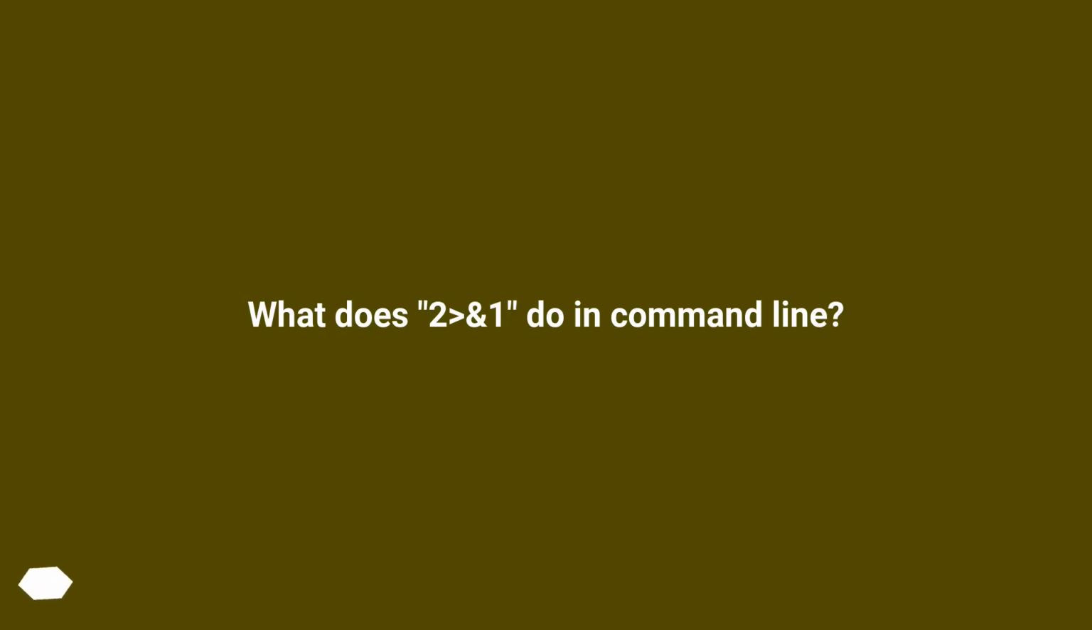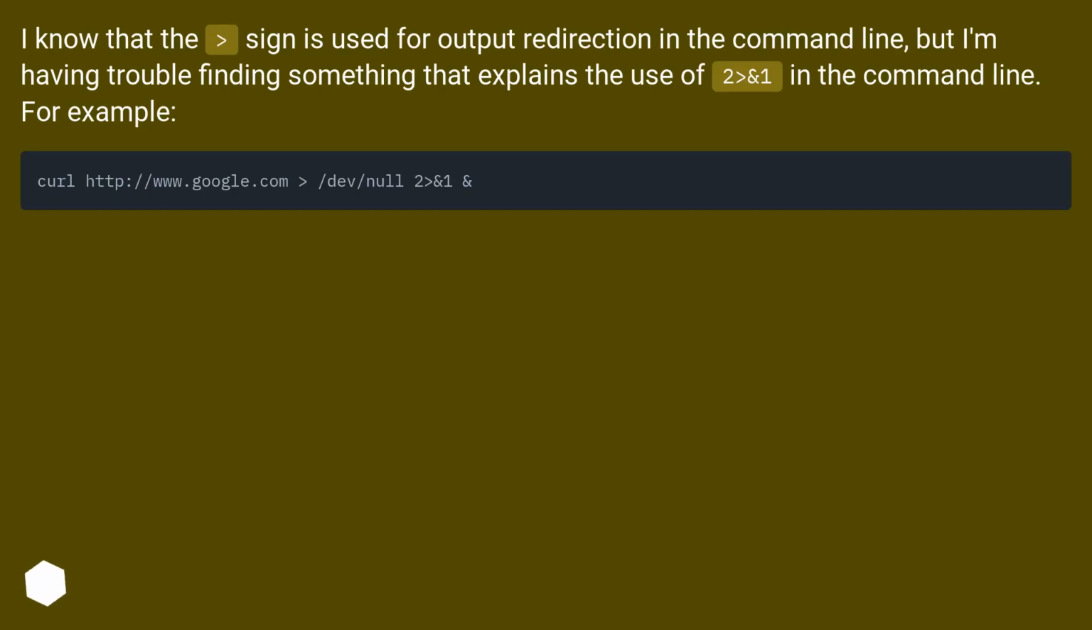What does 2>&1 do in the command line? I know that the > sign is used for output redirection in the command line, but I'm having trouble finding something that explains the use of 2>&1 in the command line. For example,